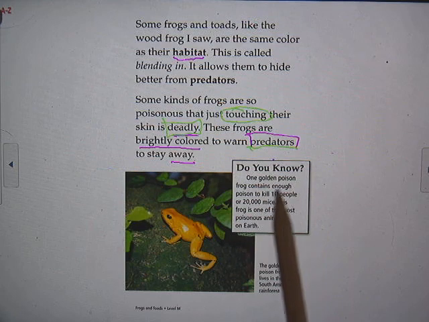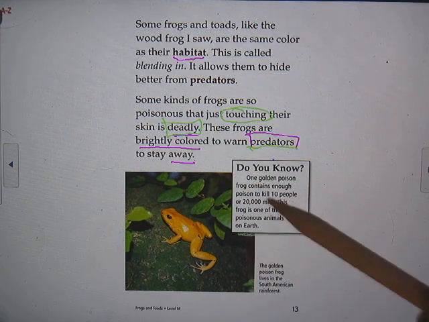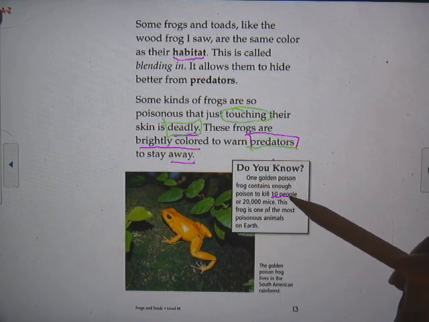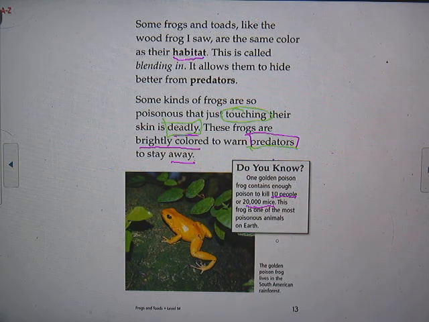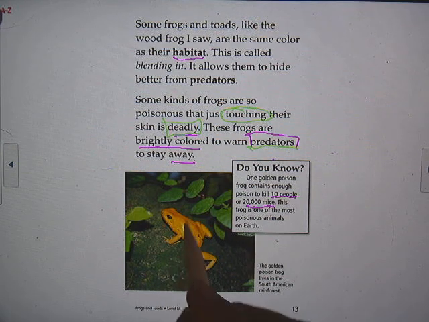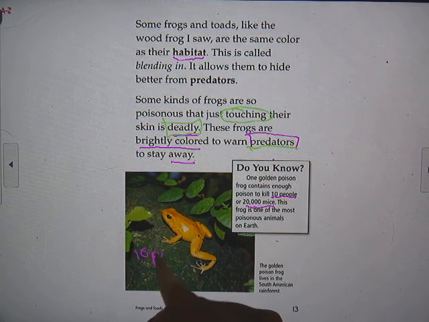Do you know one golden poisonous frog contains enough poison to kill 10 people or 20,000 mice? It says this frog is one of the most poisonous animals on earth. So this particular golden frog here can kill 10 people